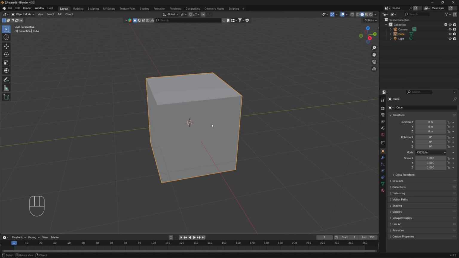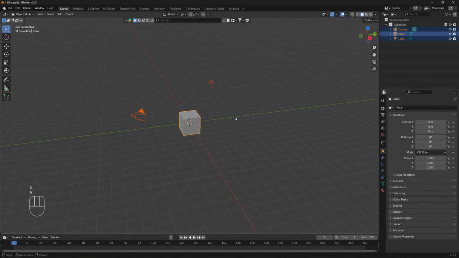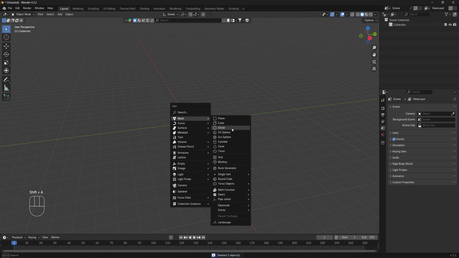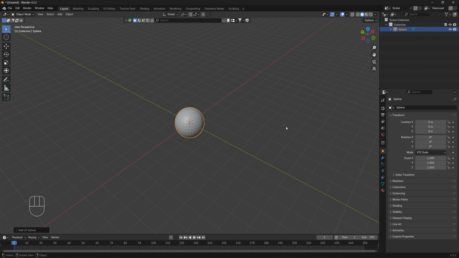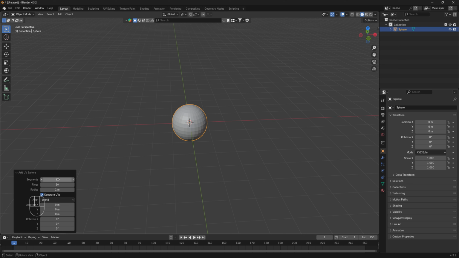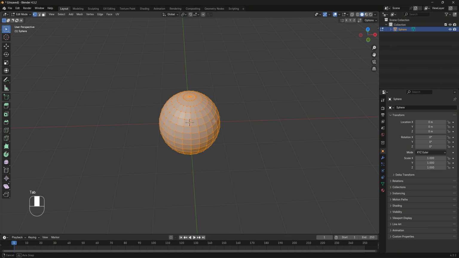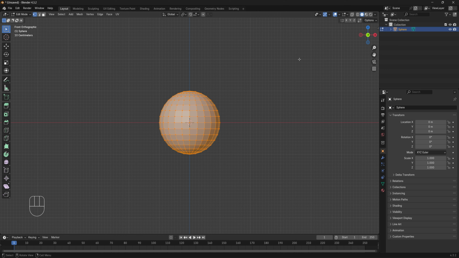So, let's start. First, we will delete the default cube and anything. Shift A, make a UV sphere, and then change the segment, like here at the corner, to 24, and then press Tab, and then you can see a sphere with a lot of dots. Those are vertices. Go to Y, and then turn on X-ray mode on the right corner,